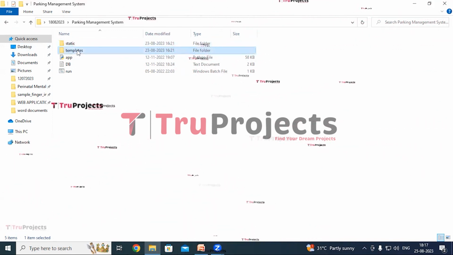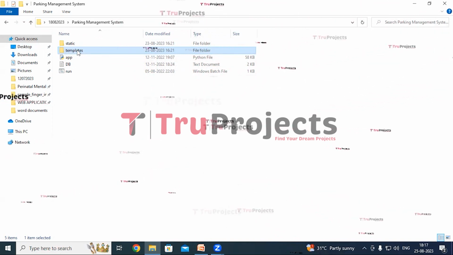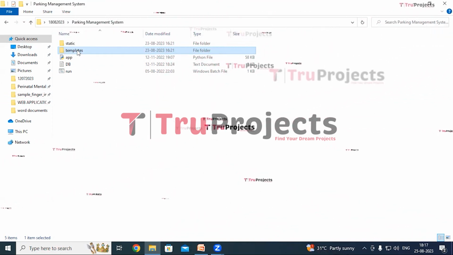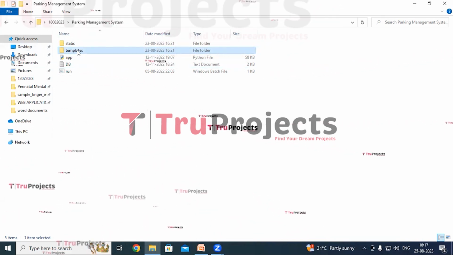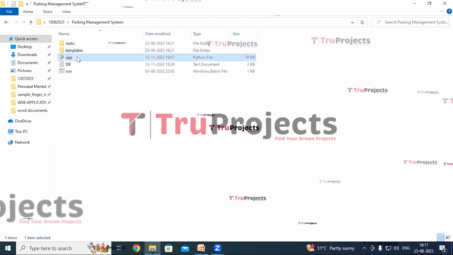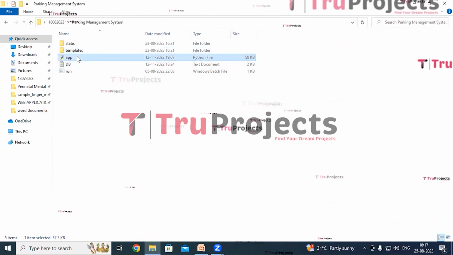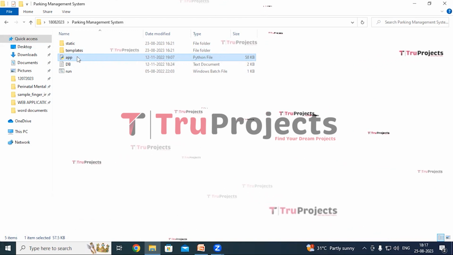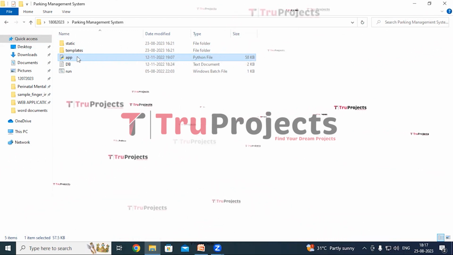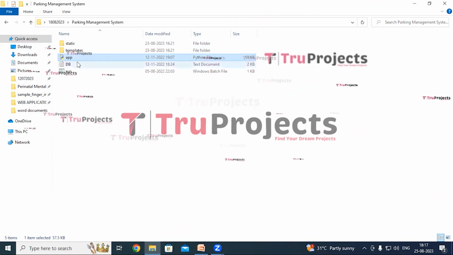This is the templates folder. Within this folder, we'll find all the HTML pages used throughout the project. It includes pages like index.html, home.html, and more, representing various sections of the website. This is the app.py file. It contains the information related to front-end logic. It includes code written in Python that handles server-side operations such as processing user requests, interacting with the database, and generating dynamic content to be rendered in the HTML templates.